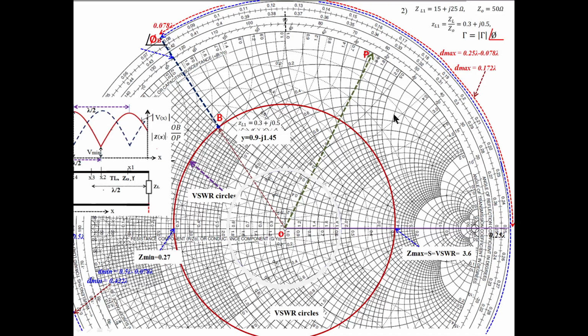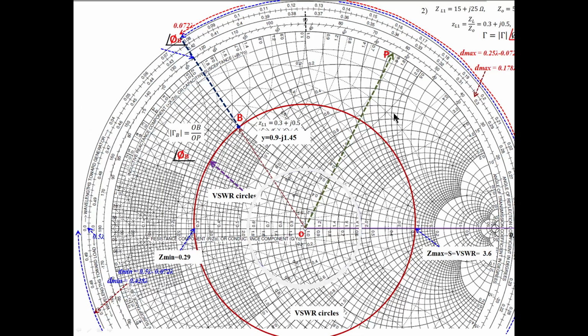Similarly we can measure the distance of minima also. For maxima, we start from the load point, you have to stop here and measure the distance from here to here, the maxima distance. But for minima distance, start from load, move like this, and you go on moving. Where you have to stop, you stop wherever it intersects the right side here. Draw a line like this. It coincides with the 0.5 lambda here, 0.5 lambda. So what is the distance from here to here? This is 0.5 lambda, this is 0.078 lambda.